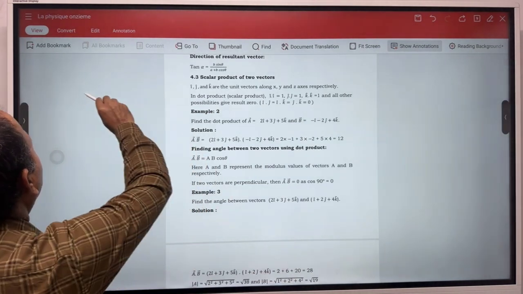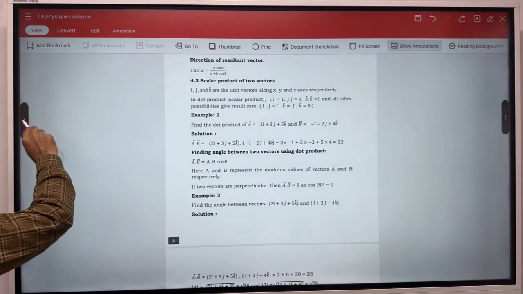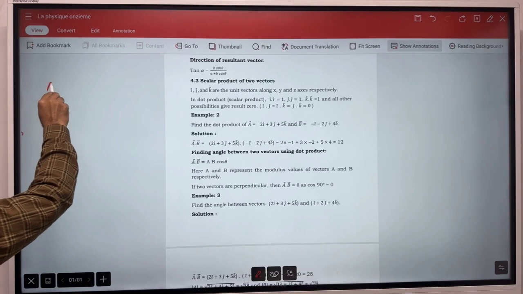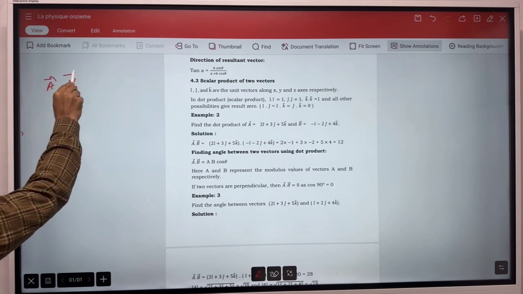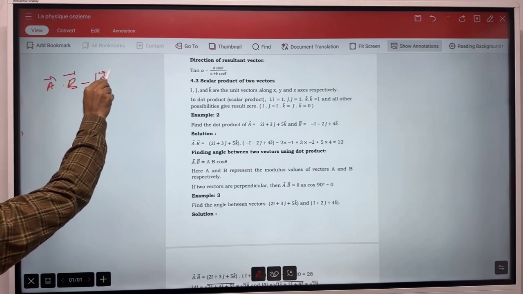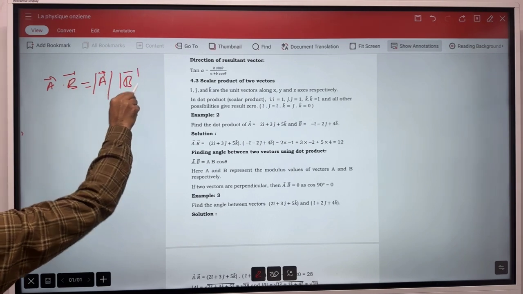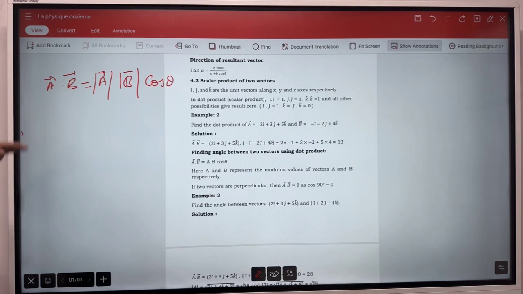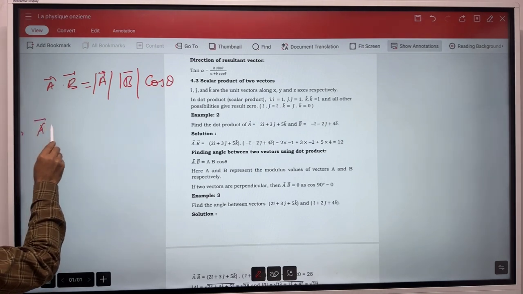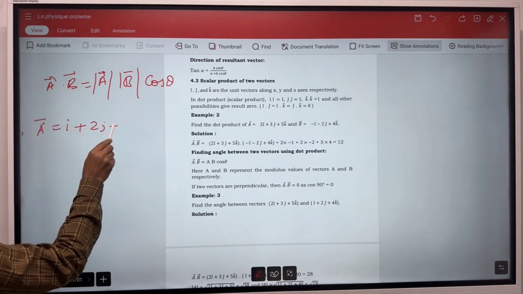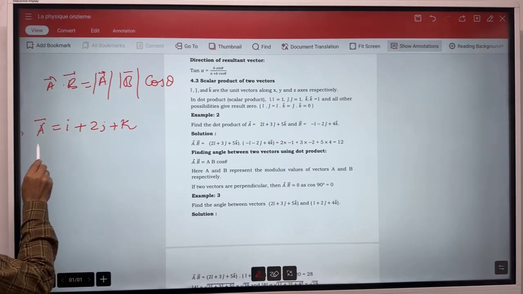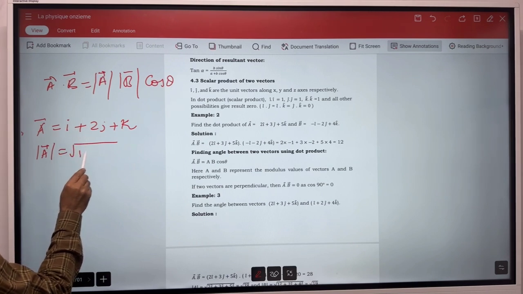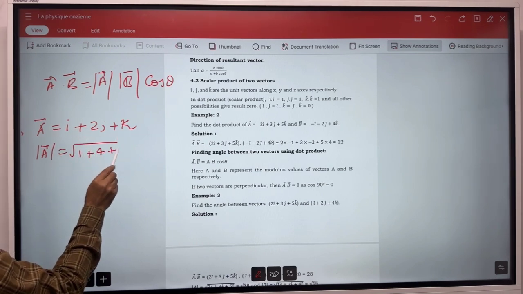So, as I told you, vector A dot vector B is equal to modulus A modulus B times cos theta. Here, suppose you are given vector A equal to, say, i plus 2j plus k. So what will you need here? You will need modulus A. That will be root of 1 square is 1, 2 square is 4, and here 1 square is 1,